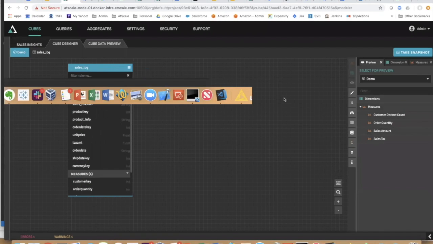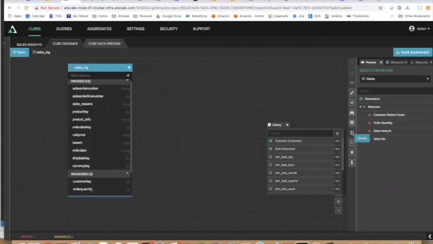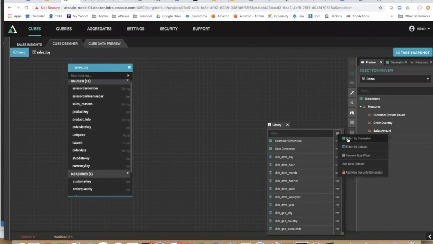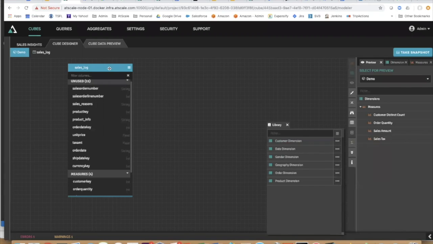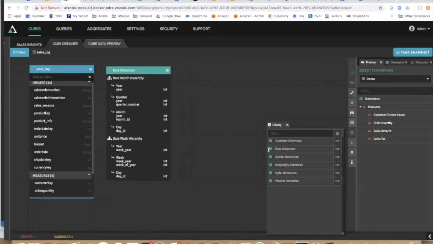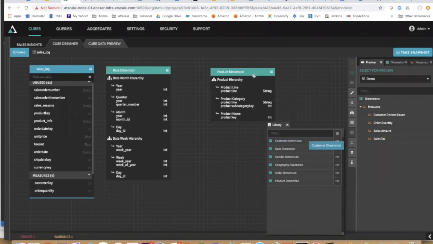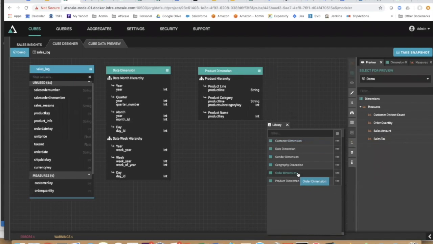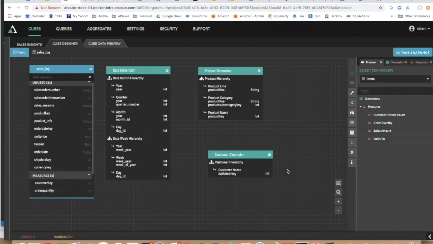Let's start building out some dimensions. I'm going to go to our library and look at our dimensions here in our library. AtScale is all about reuse and all about using objects and reusing those objects over and over again. I'm going to pull in my dates dimensions. You can notice it has a couple hierarchies, including the product dimension, and let's even pull a customer dimension